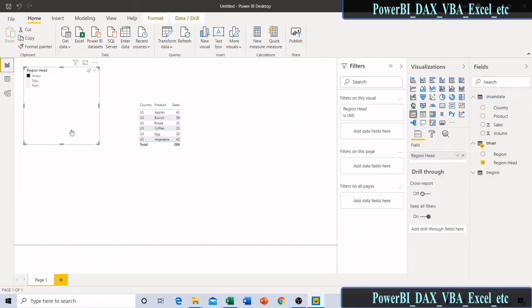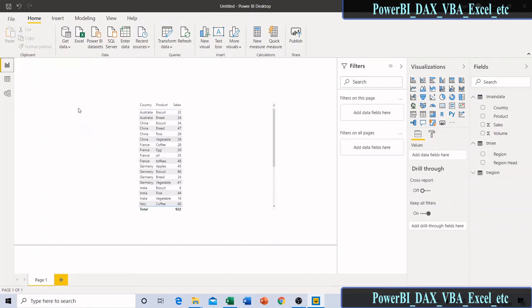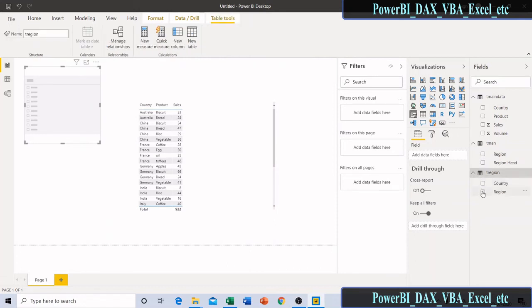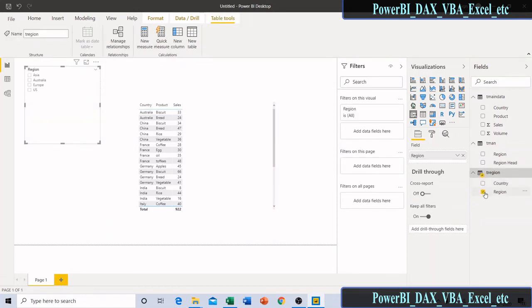Now I am deleting this slicer, and I am applying another slicer, and then I need to filter this table based on my region. Okay, here region.